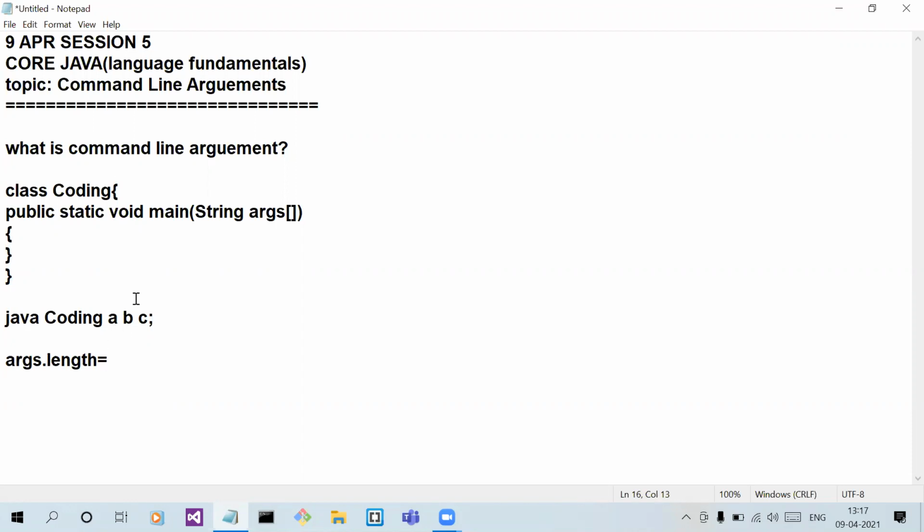What's the length of this command line argument? 3. We are passing three values, A, B, C. So the length of this command line argument is 3. Whenever we write args.length, it will return the length of the command line argument.